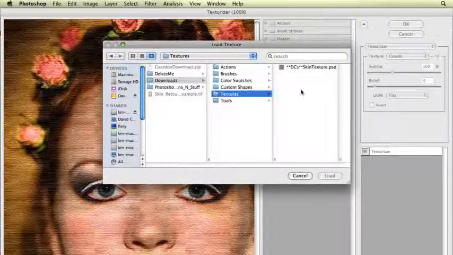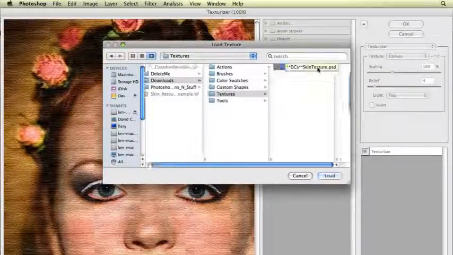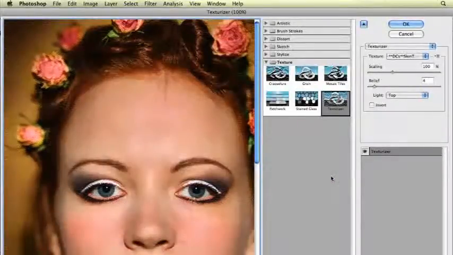We're going to click on that, and we're going to load DC's skintexture.psd. Click on Load, and what that texture file actually is, is a big patch of skin that I went in and completely retouched the correct way, and did very, very detailed, so it's a nice, really clean patch of